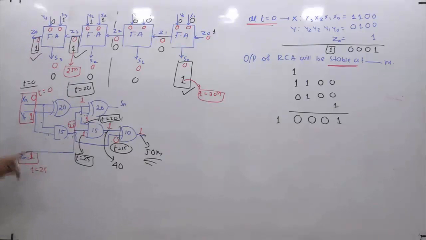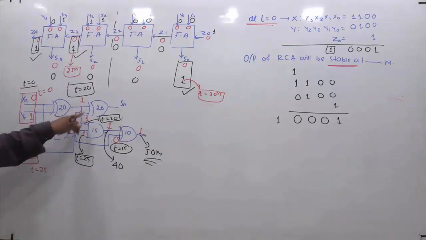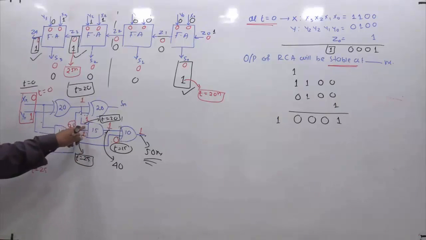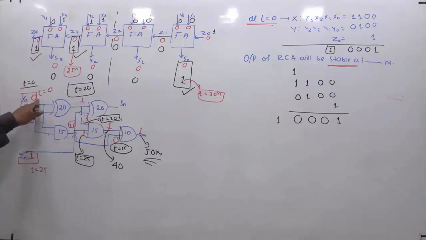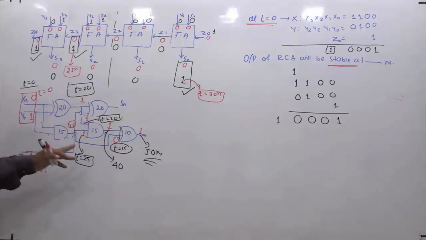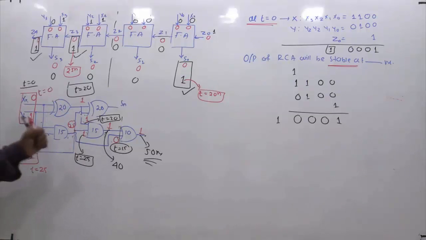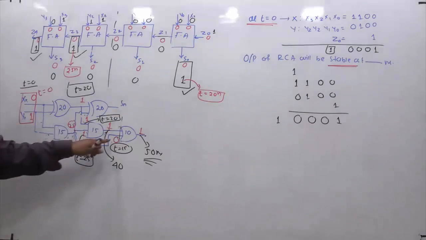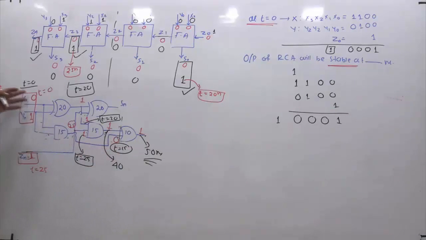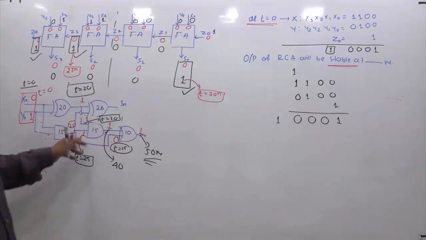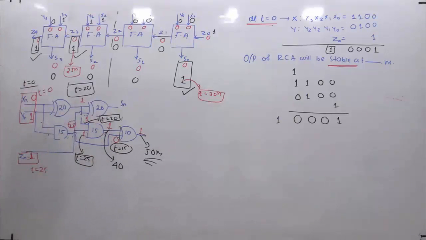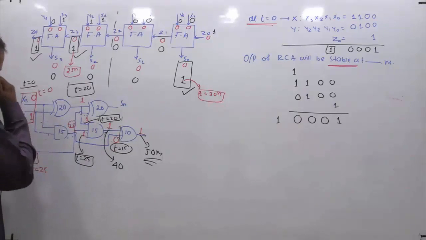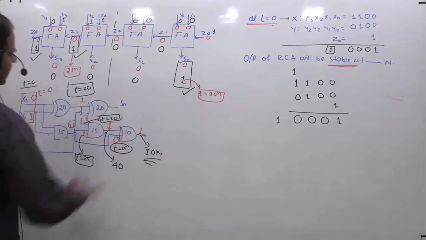So as I said, if this is happening at 25, then this you are going to get at 40, because this is happening at 25. This you are getting at 20, because this is at t equal to 0, its own delay is 20. So at t equals 25, both inputs are available. So at 25 plus 15, at 40 you are going to get this. And this you are going to get at 15 nanoseconds, because if the inputs are applied at 0, then its own delay is 15. So this you are getting at 40, this you are getting at 15. So at t equals 40, both inputs are available, its own delay is 10,